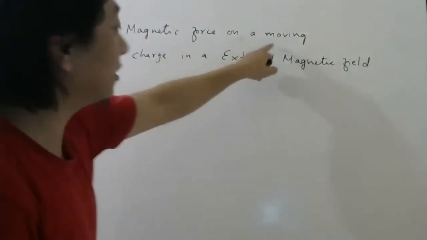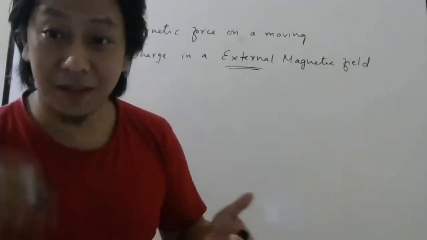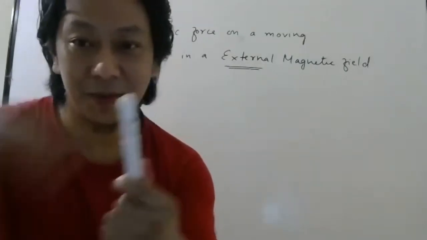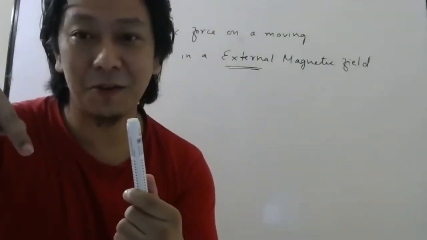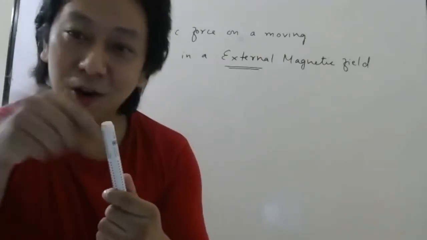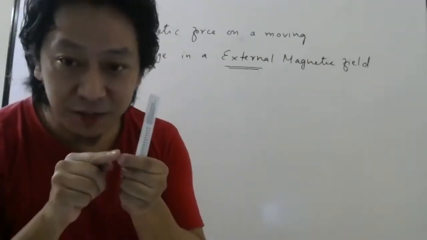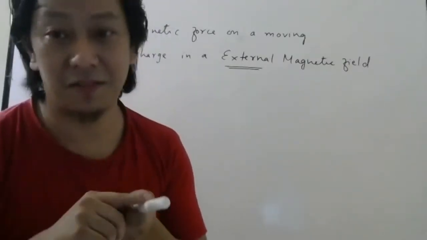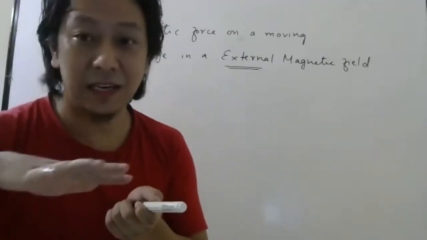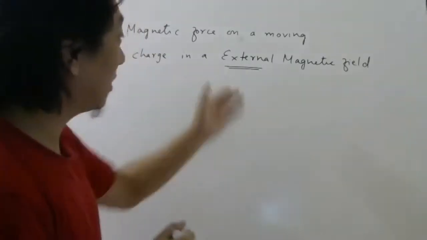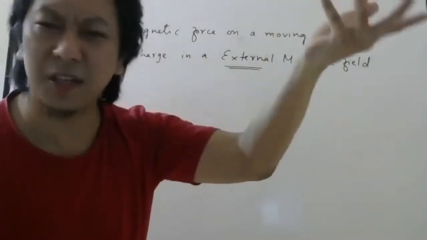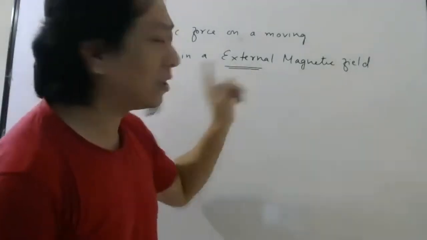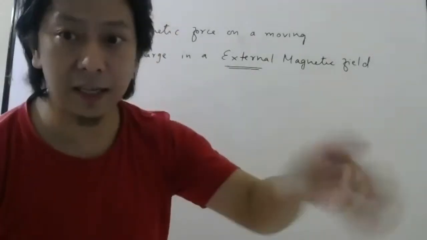Because this moving charge can also produce magnetic field, but that magnetic field will not exert force on itself, right? This charge produces electric field, and that electric field will exert force on another charge, not on the same charge. So if a charge is moving, that will also produce magnetic field, but that will not exert force on itself. So you need another magnetic field to experience the force. That could be due to some other source that we are not interested in right now. So don't ask me who is producing this external magnetic field. That we have to discuss later.